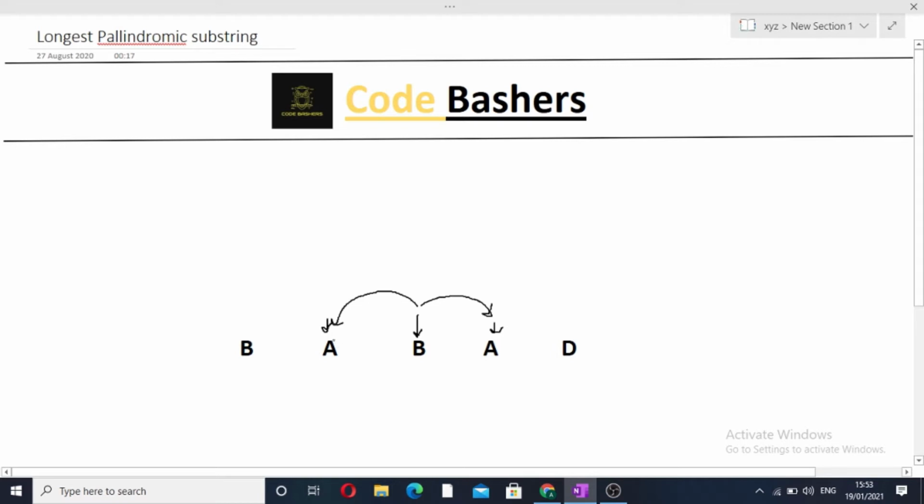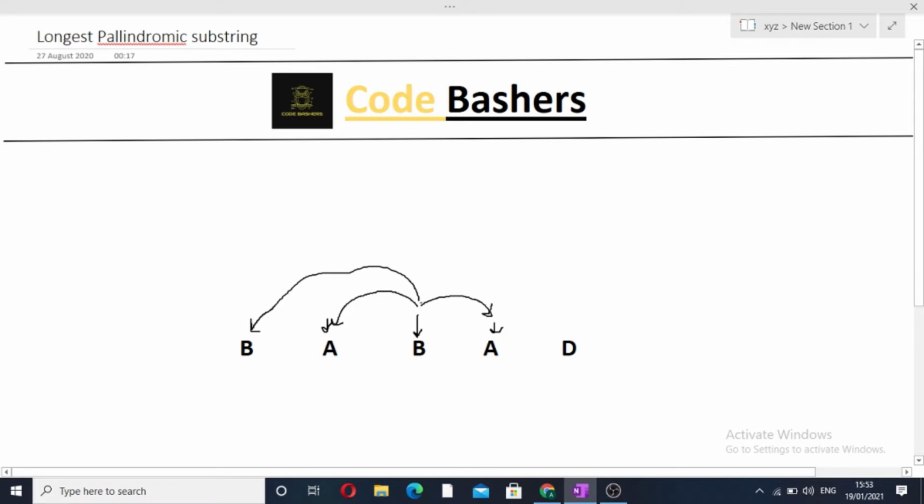Now once we have done that, we have to keep expanding till we do not find the same variable. Now AA are the same. Now again, we will try to increase the length of the longest substring.